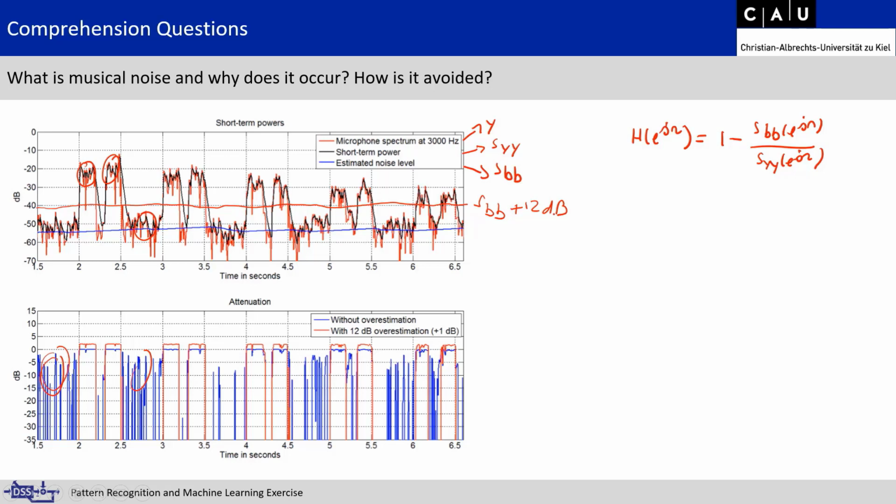And you see that this line is well above SYY in the noise phases, which then leads to the Wiener filter weight as given here in red in the lower plot. And although we estimated SBB incorrectly, the incorrect estimate leads to the desired temporal behavior of the Wiener filter. So we are still quite constant with high values in speech phases,